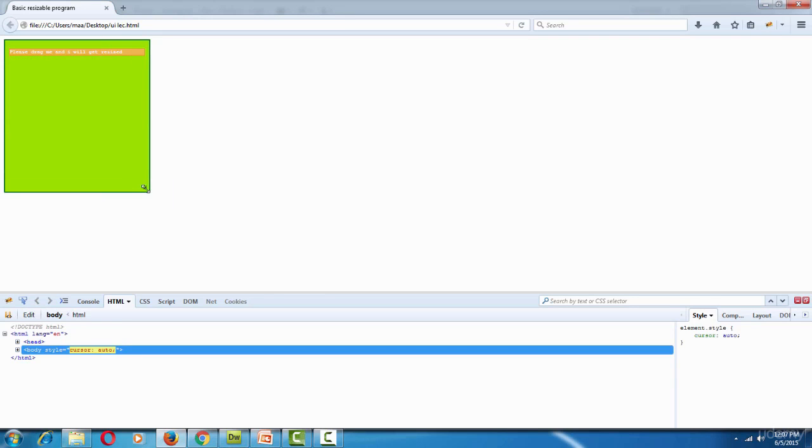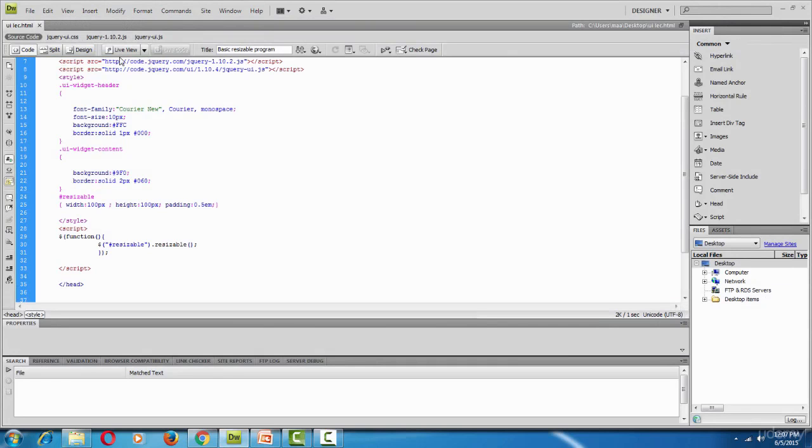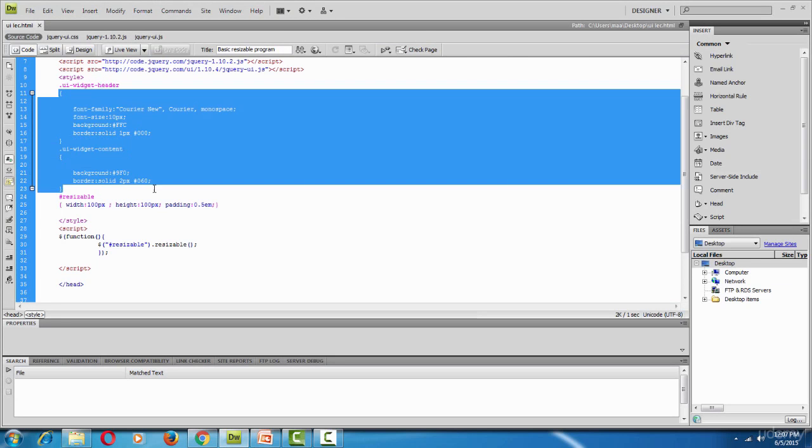So friends, I am sure that you understood the resizable functionality by passing no parameters to it, and you enjoyed learning the resizable functionality and the concept of how we can use the widget header, widget content, classes and the